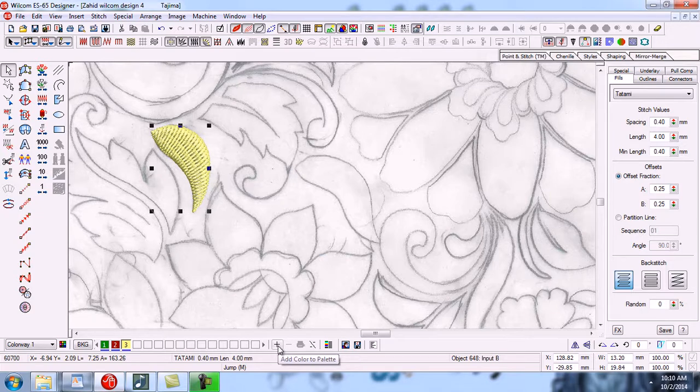Click on this button for more colors. Its sign is plus and its name is add color to plate. So this is a color plate. We can add so many colors here. For example, if I want any other color, so select the object and press plus button here. Here you can see that the color is changing and the other colors are coming. So we can add so many colors and can use any type of color. There are so many colors.